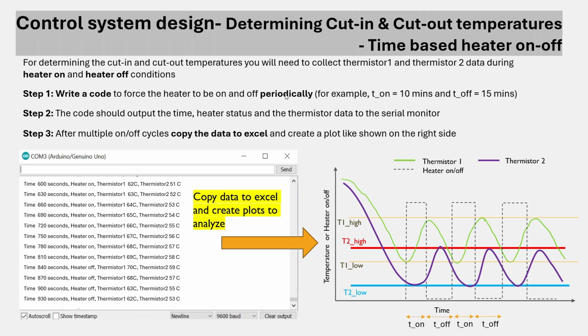Just write a code to turn on the heater and turn off the heater for 10 minutes and 15 minutes. It's up to you. So turn it on and off cyclically, periodically. So a good example is turn it on for 10 minutes and turn it off for 15 minutes, and then turn it on again for 10 minutes, off for 15 minutes. And you place hot water into that cup in that system and let it cool down, and notice what the heater is doing